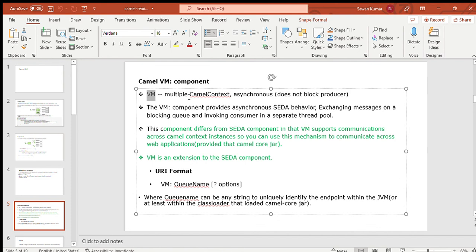Let's say both applications have exposed some route endpoints, route 1 and route 2, and you want to communicate between these two routes. In that case, you go for VM, because if you use direct, it won't be able to send the message to a different camel context, because applications get loaded in their own